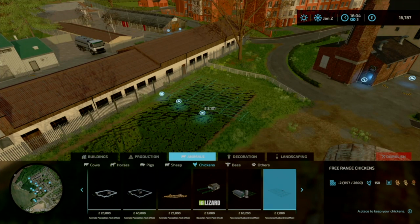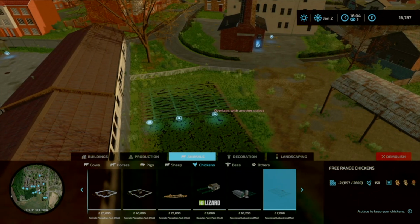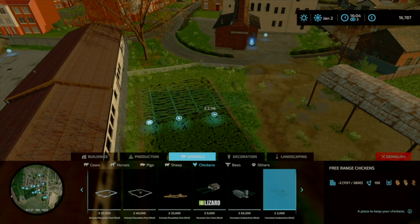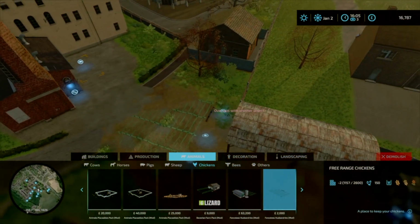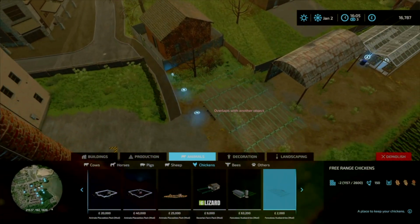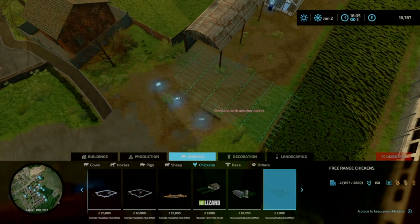Then we're going to need that barley when it comes through. Oh, the decisions. But that's 150 chickens, so that's going to give us a good few eggs. Do we do it? Lose that field? Bang it in there. Get rid of that tree, bang it in there, just have to drive over the chickens on the way in. That's not going to work, is it? The pallets spawning right in the middle of the...